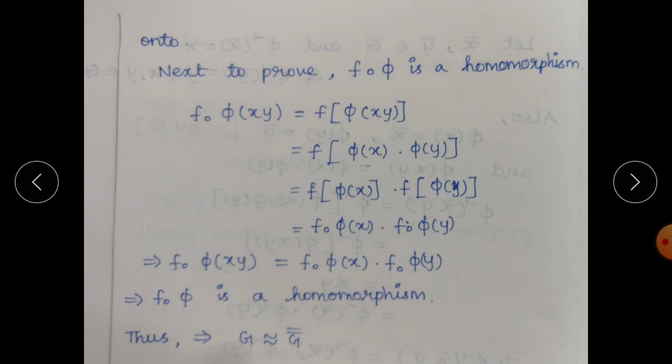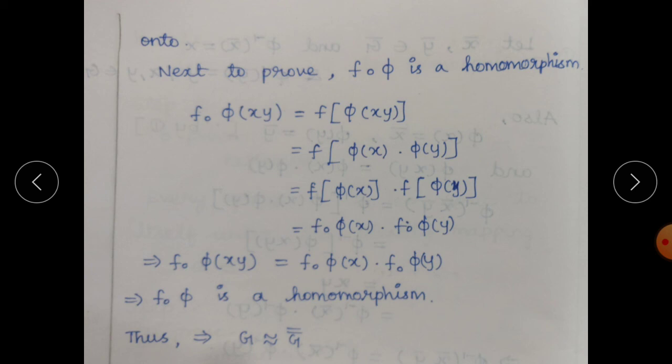The second one is symmetric. Symmetric means G is isomorphic to G bar, and we can show that G bar is isomorphic to G. G is isomorphic to G bar means by our assumption phi from G to G bar is one to one, onto and a homomorphism. Using this we can say phi inverse exists. So we have to define the mapping from G bar to G. We have to show that it is also one to one and onto. The only remaining thing is that it is a homomorphism, which we can also easily show.